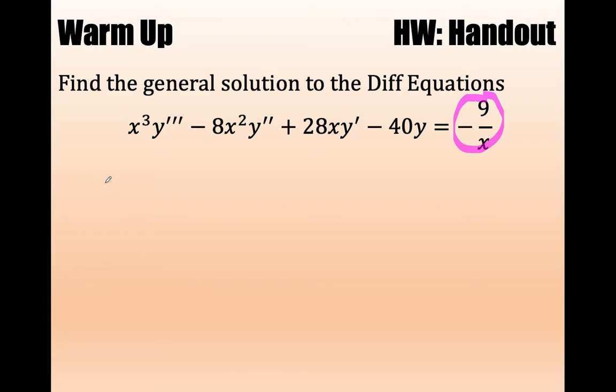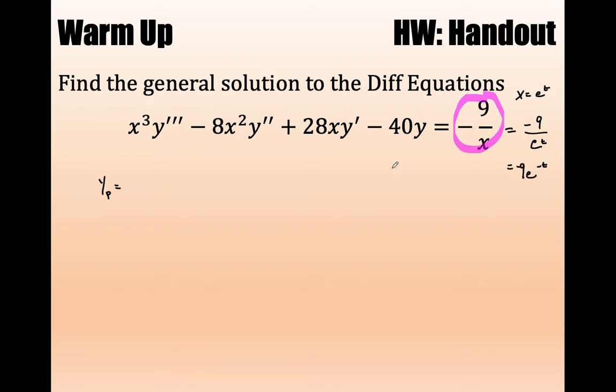Let's say I had done my substitution and I was going to find my particular solution. I would have to translate this, and remember the substitution would have been x is equal to e to the t, so this would just be negative 9 over e to the t, which would of course be